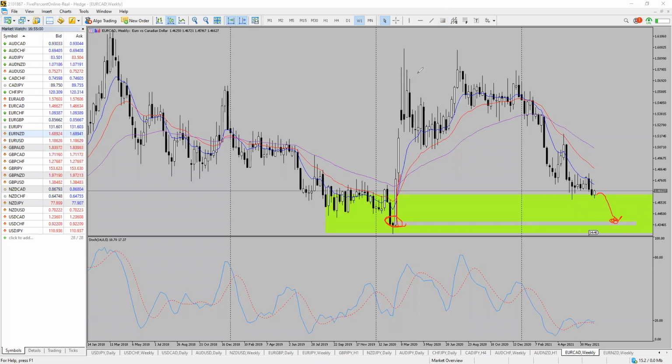Huge move up. This is where you should be looking for an entry if the price goes all the way down here. If you see price action sort of like an engulfing around here, then you may start looking for an entry point to go higher. As for Euro Swiss,